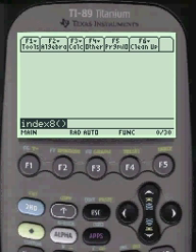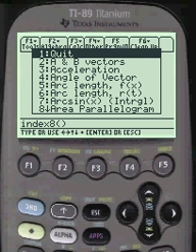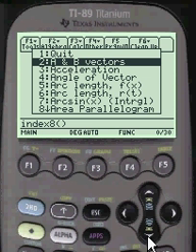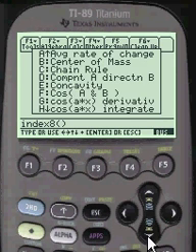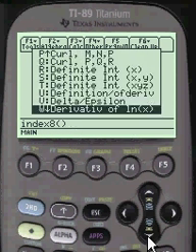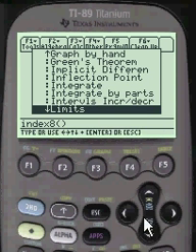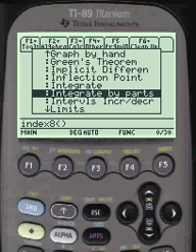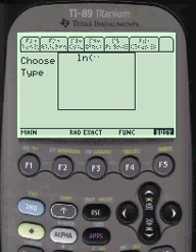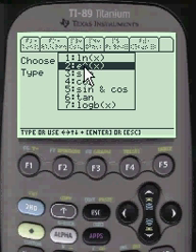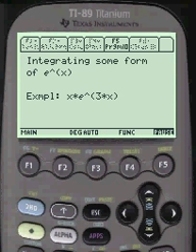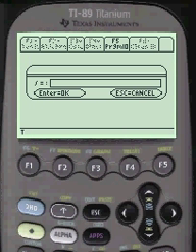So let's do it. Index 8 to get to my menu. I'm going to scroll down to integration by parts because they're asking this on the test problem or homework problem. And integrate by parts here. And of course these are the choices here. We're going to choose number 2. It's e to the x. And we're going to enter our function. You have to press alpha before you enter anything in these entry lines here. Alpha, x